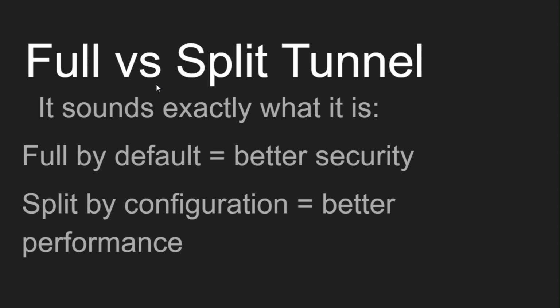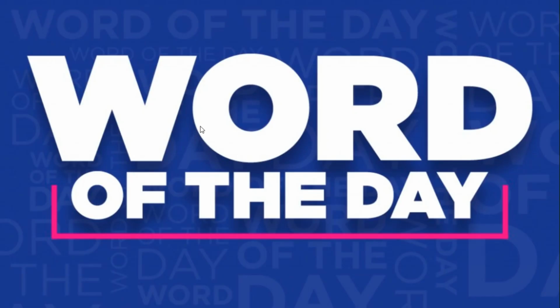Just keep in mind that the full tunnel, okay, is by default. That is something that you would have by default if you decide to use a VPN. However, you can start to have some type of configurations with regards to categorizing and discriminating against certain information and data points, where you would decide, hey, you know what? We don't necessarily need a fully encrypted VPN tunnel for this information, which would, at the end of the day, give you better performance.